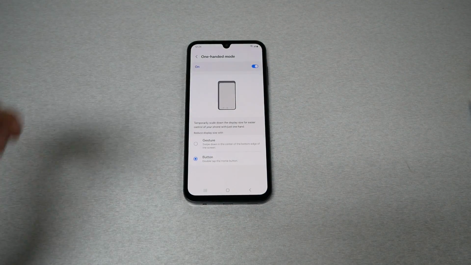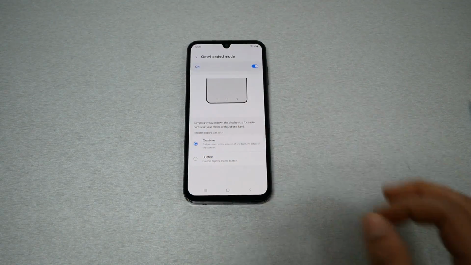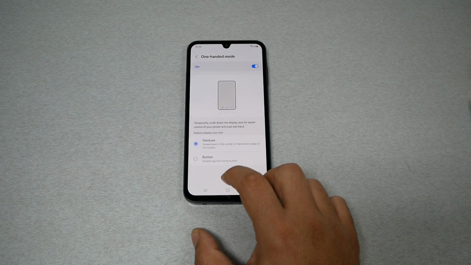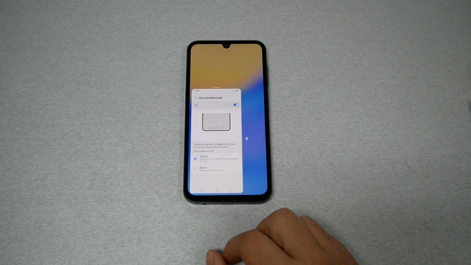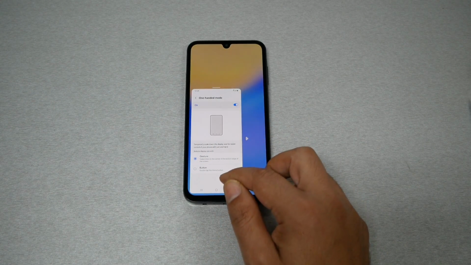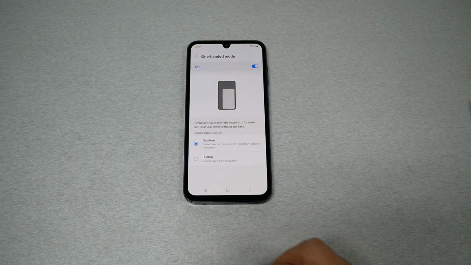Now we can show you also, if you want to adopt the second option, go back to the same option, one-handed mode, go to gesture. Now all you have to do to activate, swipe from the home key, or from here to here, and the phone goes to the one-hand mode. If you want to go back, swipe again, the same thing,